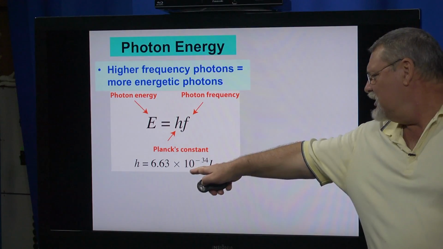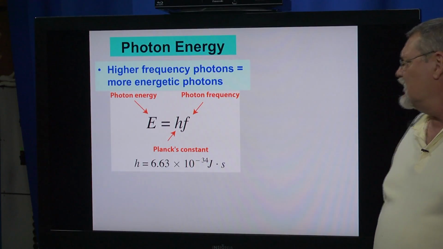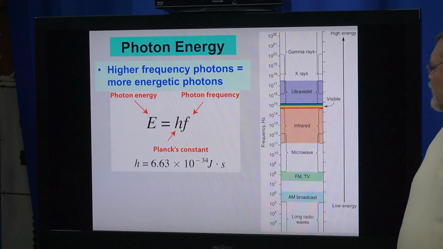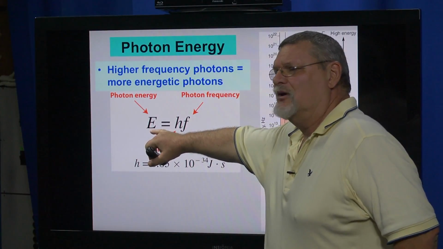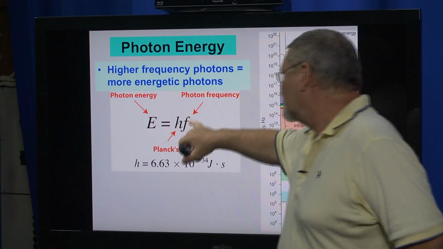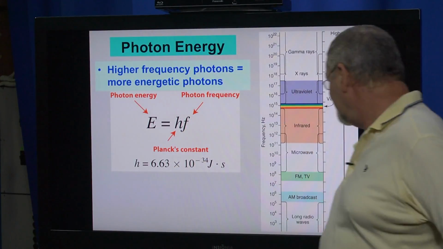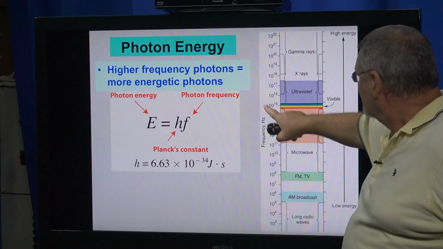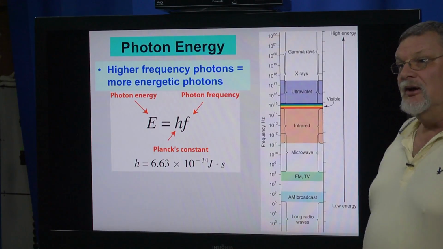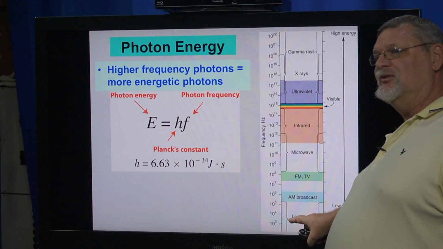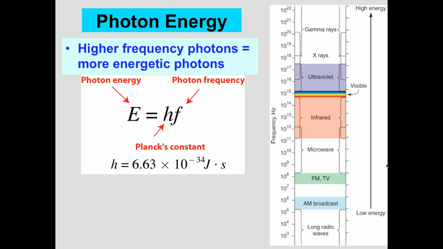So this number here is a constant. You're going to use that over and over again. And you can see now, quick review here, the energy of the photon is proportional to its frequency. So what does that tell us? Here is the frequency. Remember, down here with long radio waves, the waves are very long, which means what? Based on the fact that